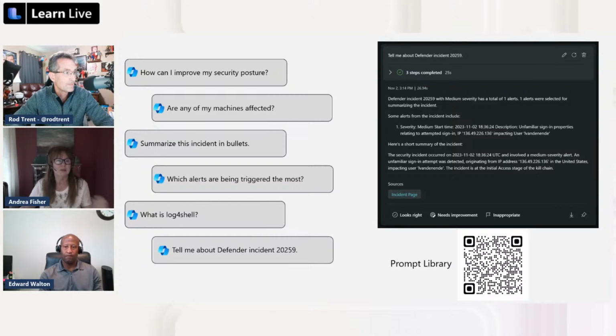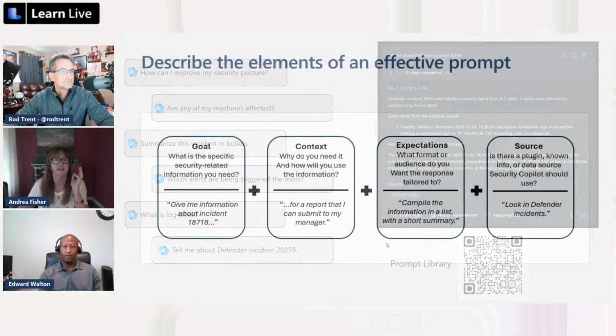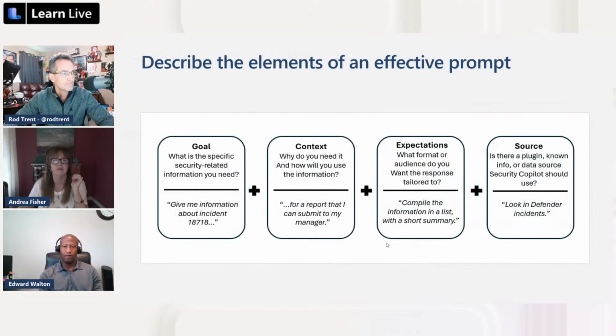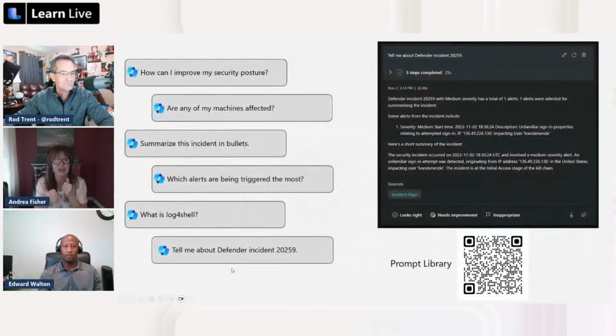That would be, to me, back to the previous slide where Rod was talking about, these are all fine prompts, but a way to make it better would be to be more specific, right? Are any of my machines affected by CVE 1234? If you've ever written KQL, what's the first thing you do? You go to sign-in logs, time generated, right? I want to shrink it down to make my query run as fast as it can and be as specific as it can.